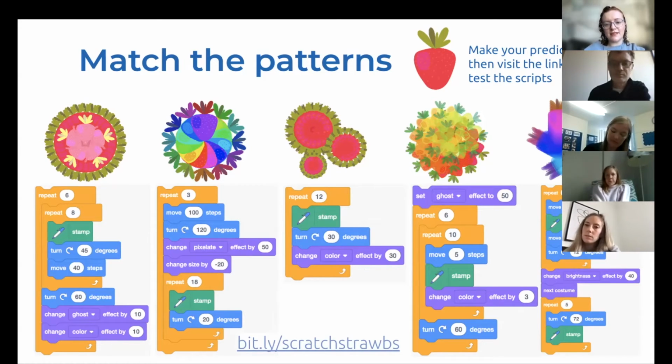Now, this activity is something that you can do quite independently. We actually sent this out while schools were closed as a daily Scratch activity that kids could have a go at at home. But I actually think the best use of something like this is